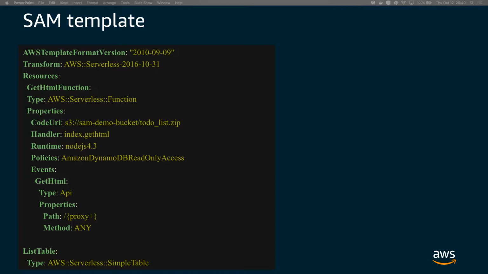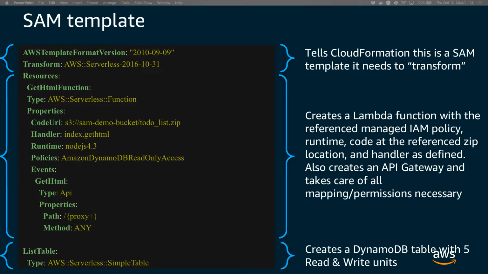You can inject things like permissions and policies. So here we've applied a policy that gives it access to call a DynamoDB table. And then down the remainder of it, you're effectively building an API which will answer any request. And that brings it out a little bit more to show you some of the mappings.